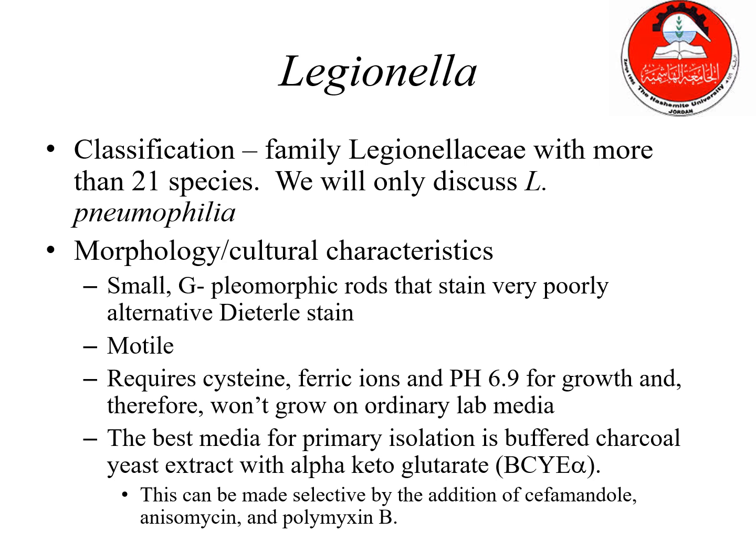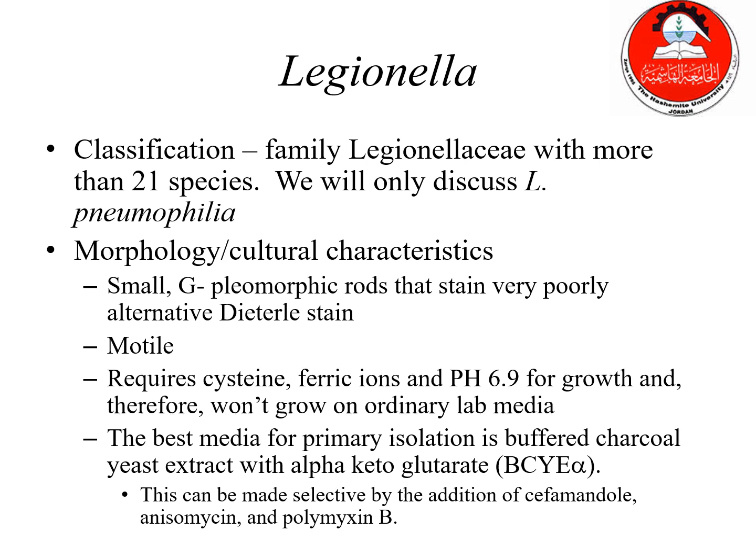Pleomorphic means that it does not have a specific shape, and it stains poorly with a Gram stain. It can be stained better with diethyl stain. It is motile, requires cysteine, ferric ions, and a pH of 6.9 for growth, so it does not grow on ordinary media. In fact, it has a special media, which is buffered charcoal yeast extract, and it contains cefamandole, anisomycin,